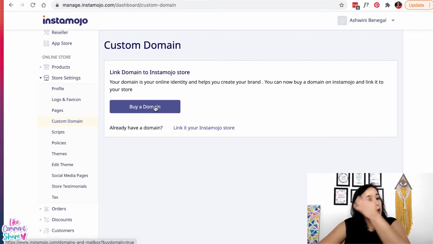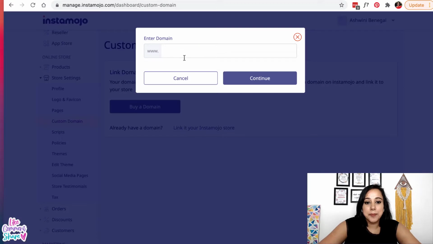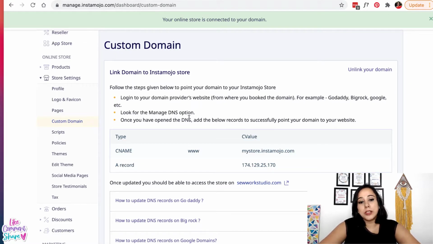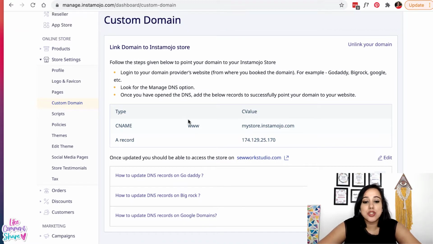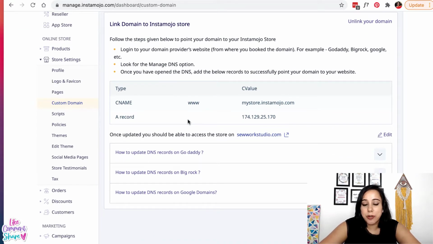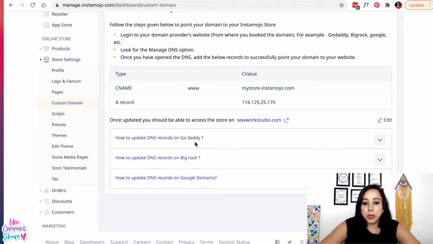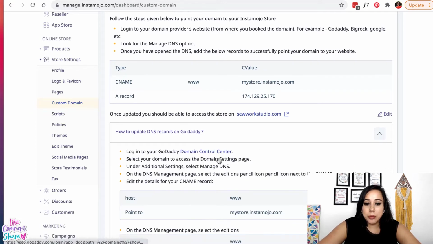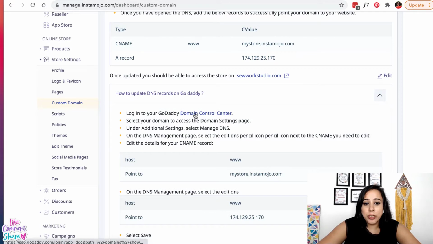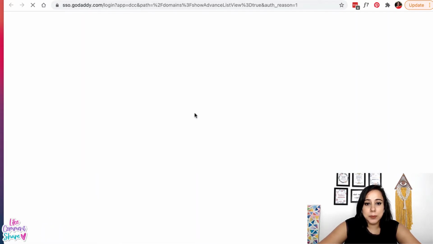If you don't already have a domain, you can go ahead and buy a domain from Instamojo itself. But say you already have bought a domain, like in my case, we'll go ahead and link that. So our domain is sueworkstudios.com. I'm going to click on continue and see, the instructions are so simple. All the instructions are already given here. So I'm going to log in. Our account is on GoDaddy. I'm going to log into the domain control center here